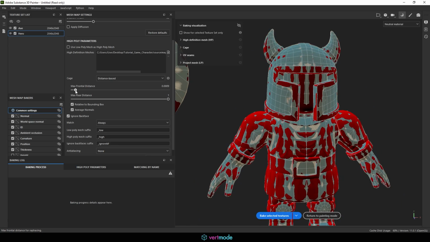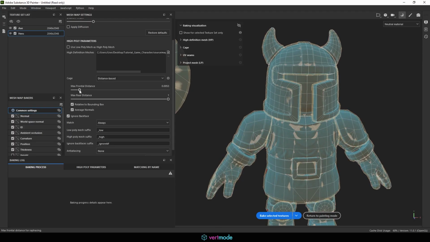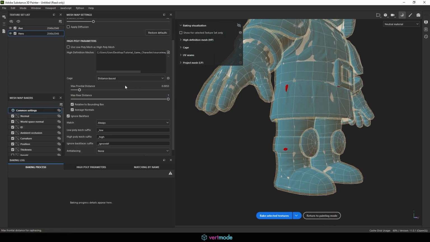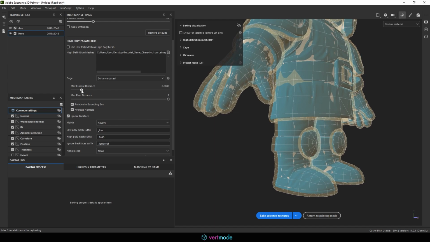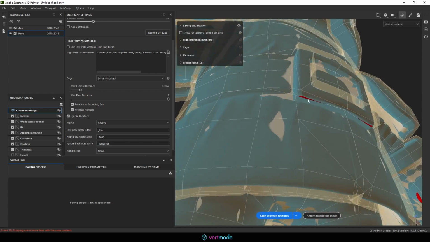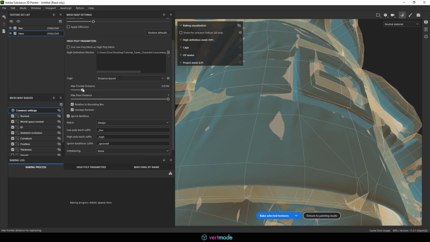So you kind of want to dial this in, and you'll see it's red when it's not there. You want to just pull it exactly to where there's no more red showing anywhere. So areas like this, if they're showing as red, they're basically going to have a hole in your texture. Now, this also might give you a hint on where you might need to come in here and add a hard edge. For example, there, I might actually need to use a hard edge